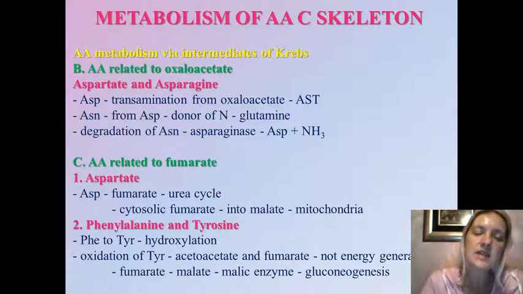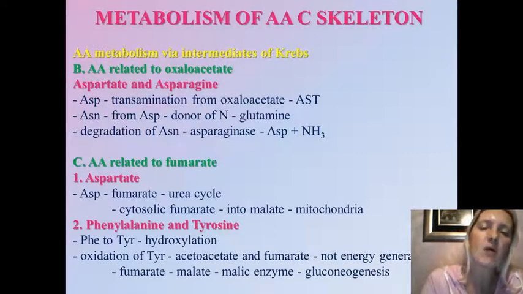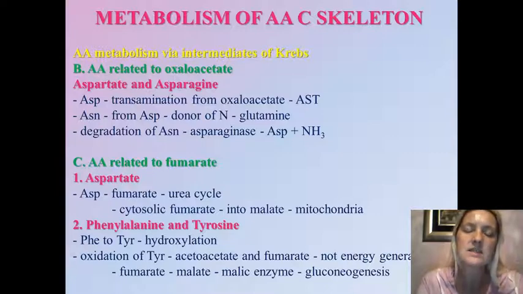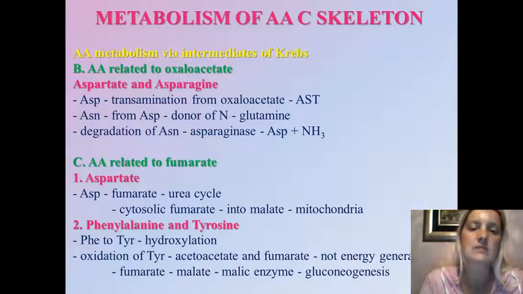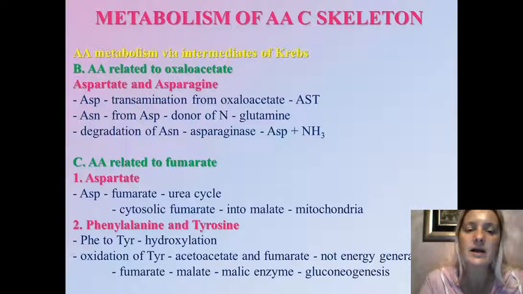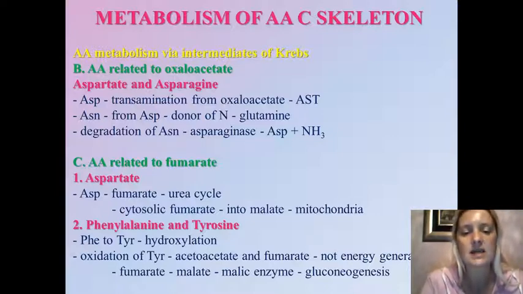So aspartate is synthesized by transamination from oxaloacetate, and the reaction is catalyzed by AST. This is very well known. Asparagine is synthesized from aspartate, but be careful, unlike the glutamate reaction, this time the donor of the nitrogen atom is glutamine and not free ammonia. Degradation of asparagine is completed by the asparaginase reaction, and this time ammonia is released and aspartate is